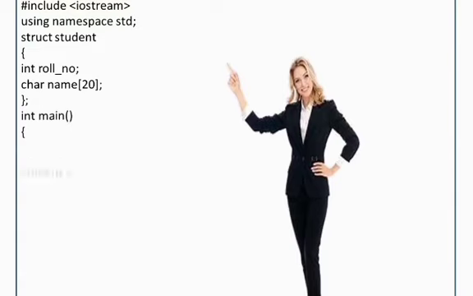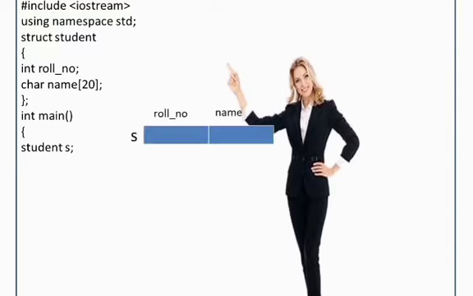Next, the main function. You know that every program execution starts with the main function, right? After that, I have created a structure variable here. And I already said that you have to create a structure variable with the structure definition itself or inside the main function. Here, I created the structure variable inside the main function. When the structure variable is declared, then only the memory is allocated for the structure members. Without a structure variable, there is no memory. Now, we can write the statement to accept the values. That is, accept the structure members.